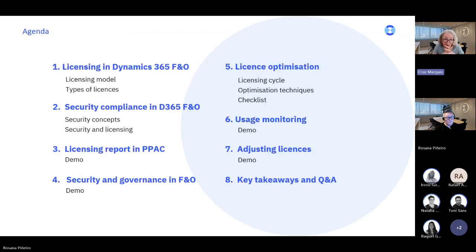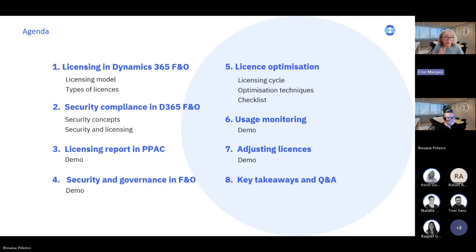So to give some sense to this, we are going to talk you through these topics today. First, Rosana will talk you through the licensing model, type of licenses, and then we will dive into the security concepts in F&O and how security impacts directly licensing.